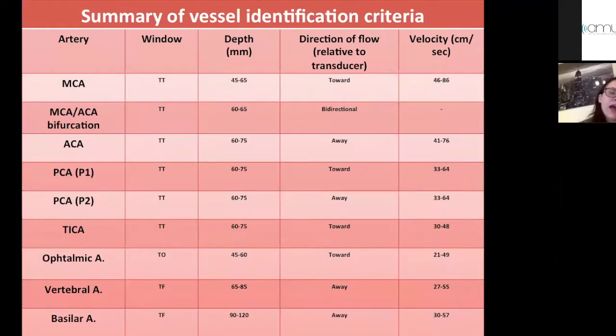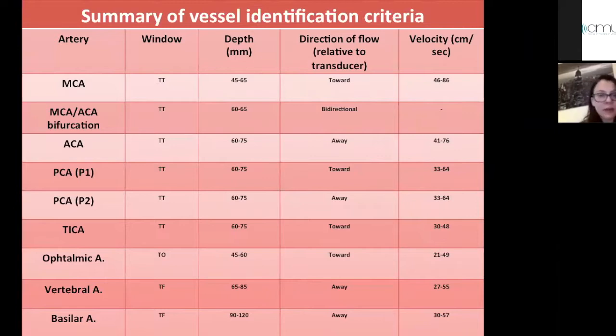So as you can see, every vessel of the Willis circle has a different window for insonation, a different depth, a different direction of the flow, and a different velocity. So if we put the probe on the temporal window here, and we find a vessel whose flow is coming towards my probe, so it's a positive flow, and its velocity is between 46 to 88 centimeters per second, and it is at a depth of 50 millimeters, there is little doubt that this vessel is anything else but the middle cerebral artery, and so on with the